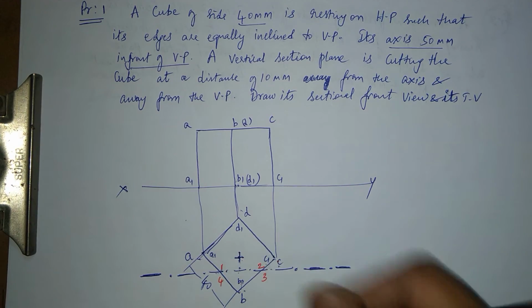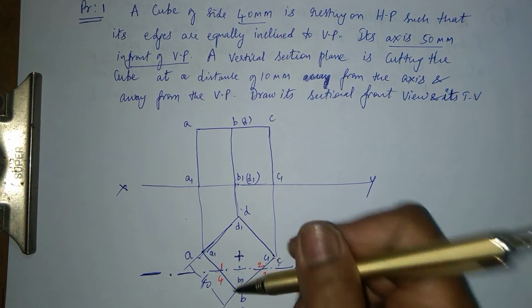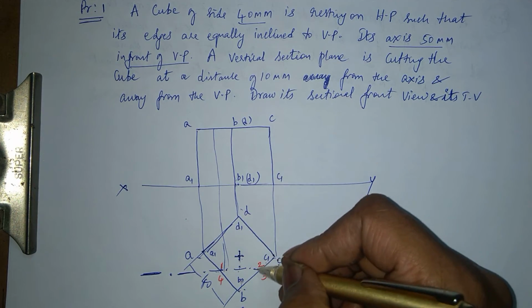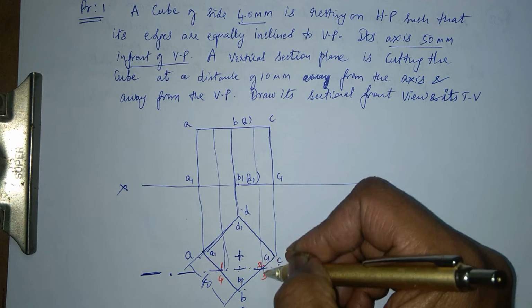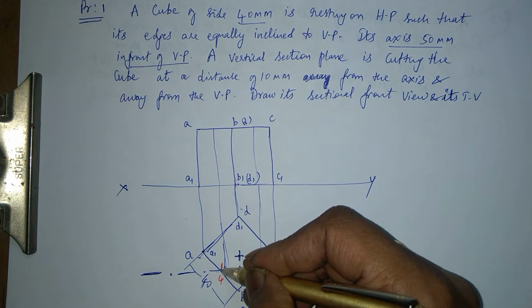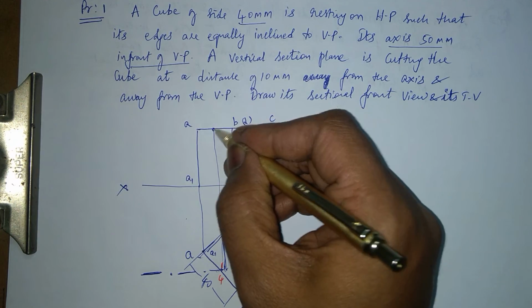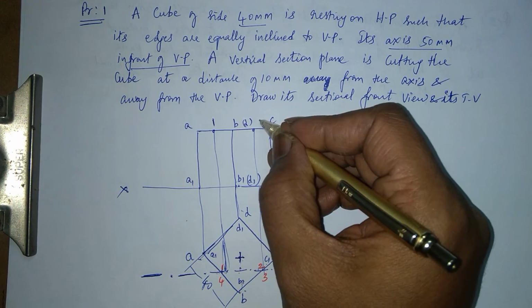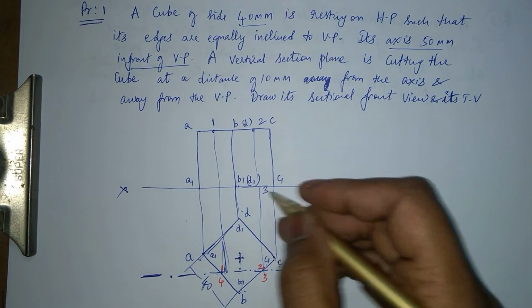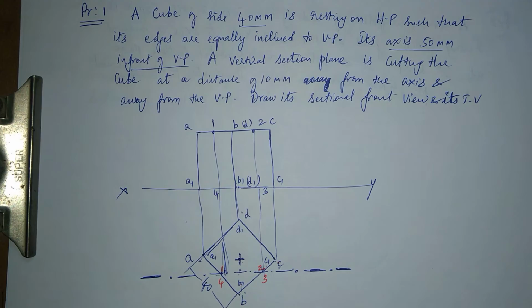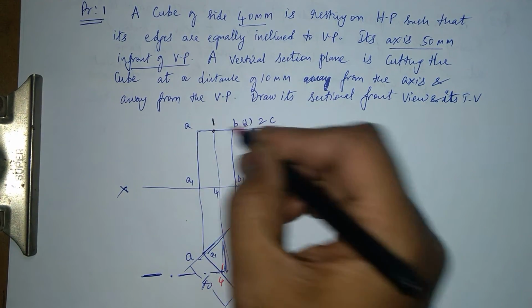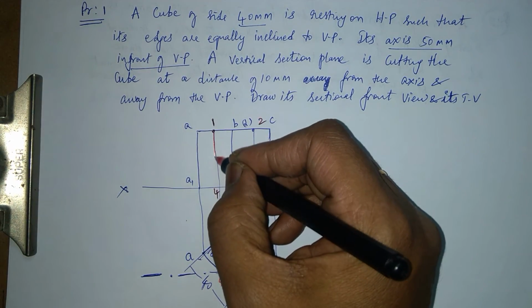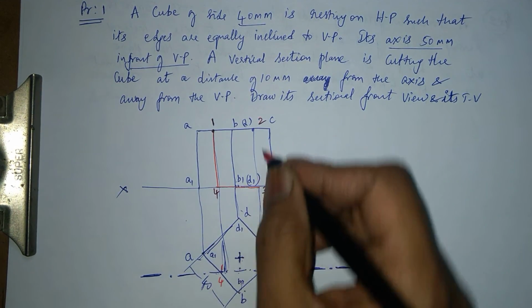Now I'll project all these points onto the respective projections. I take this point forward to the front view. So my 1 and 4 points would go here. My 1 is on the AB line, 2 is on the BC line, 3 is on this one, and 4 is over here. These are my 4 points, marked as 1, 2, 3 and 4. So this is what I see for my section. This was the cut part.